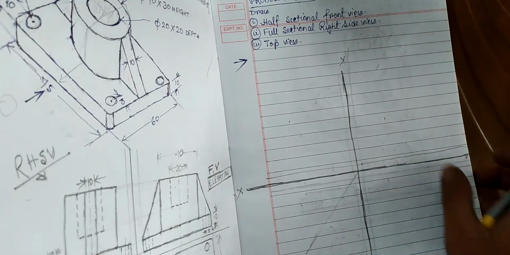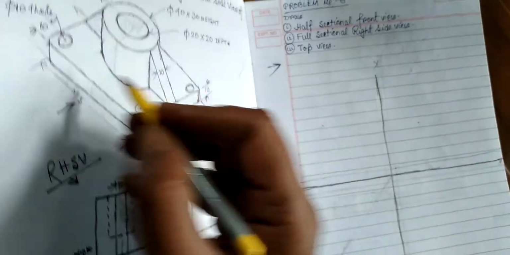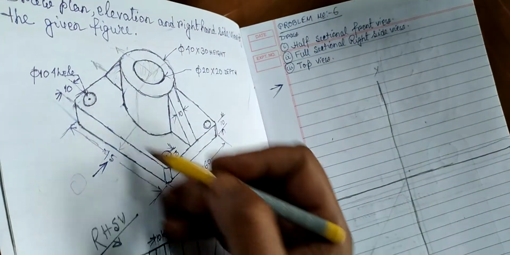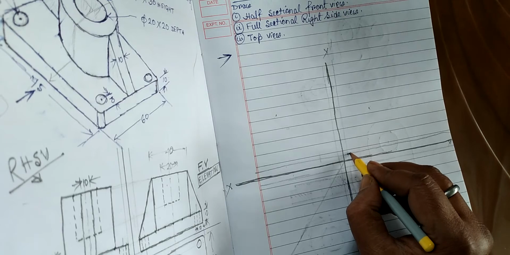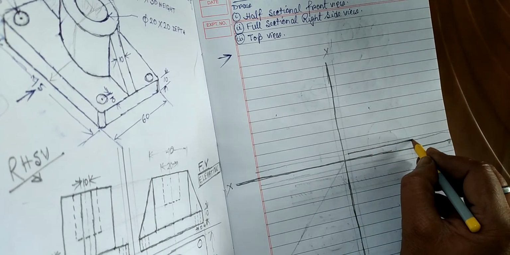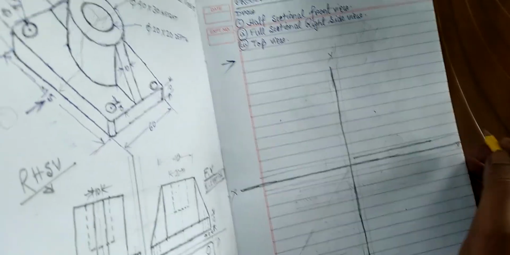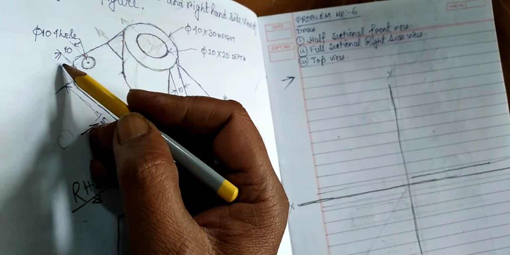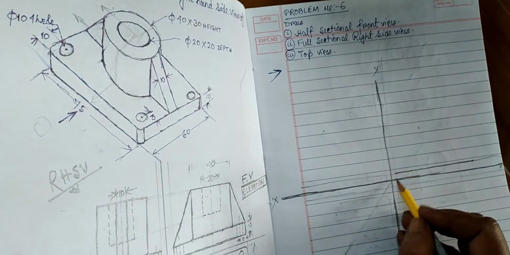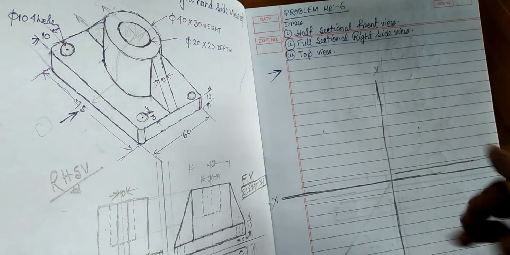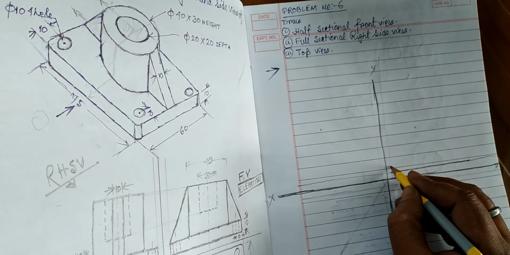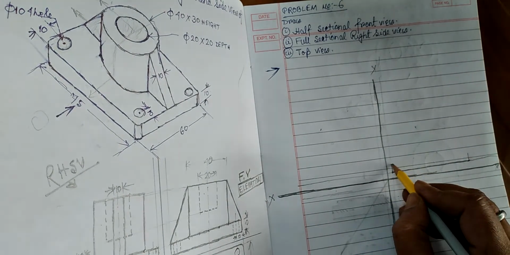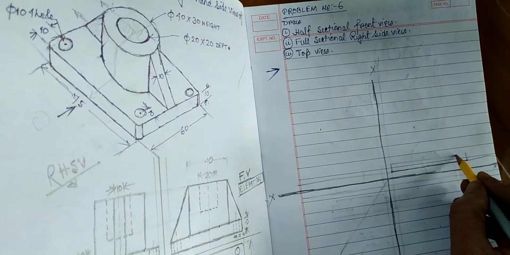Understand? Now place this portion of this object here, and what is the length of this object? That is 75 millimeter. So draw 75 millimeter, suppose from here to here. As I told before, draw the same. And how much is the height? The height is given here, that is 10 millimeter. It is 100 millimeter, and this length is 75 millimeter, and the height is 10 millimeter. So draw 10 millimeter, the thickness of the bed. Suppose this is 10 millimeter.